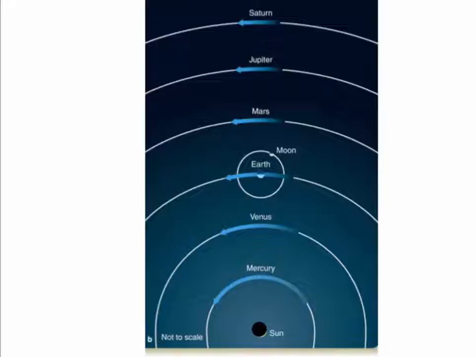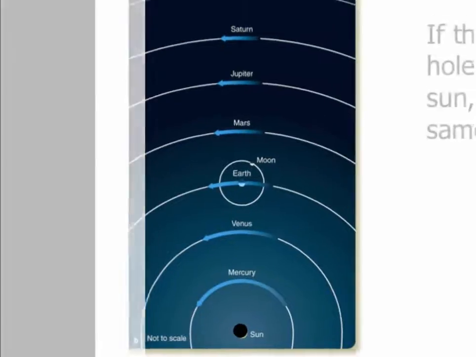The mass is the same, our distance is the same, the force of gravity only depends on the mass and the distance. So if we replace the Sun with a black hole, the Earth would continue to orbit around just like it does now. In fact, all the planets would continue to orbit around just as they do now.